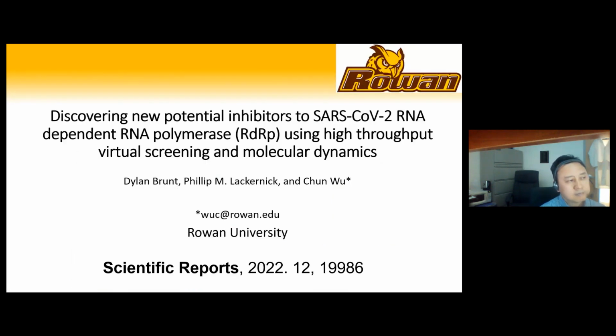Okay, so now let's look at a specific example and give you a little bit more detail on how we can carry out the computational algorithm to do the virtual screening and identify the top compounds. This study was recently published in Scientific Reports, and you can Google it and find more detail. So I give you something not actually mentioned in the paper. Okay, so let's first start with a little bit of background.